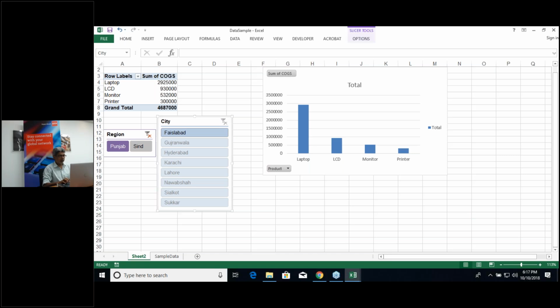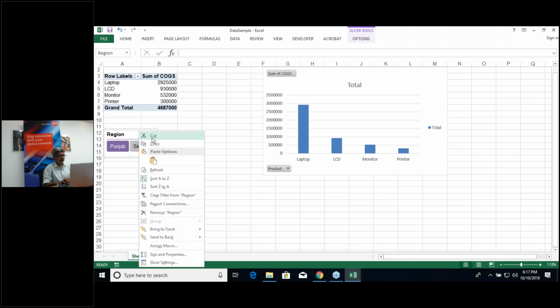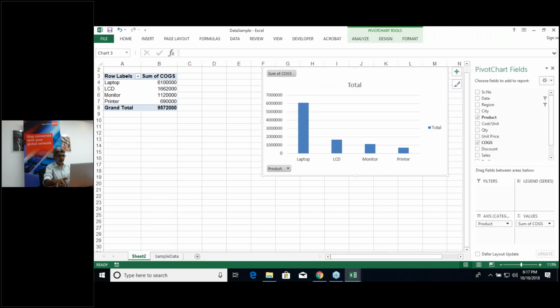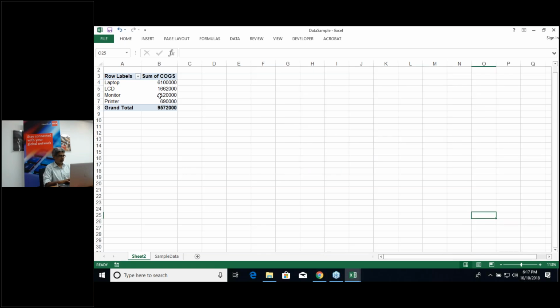I don't want to use it. Similarly, I don't want to use it. Cut and then cut it. So